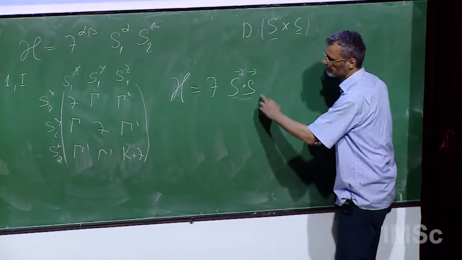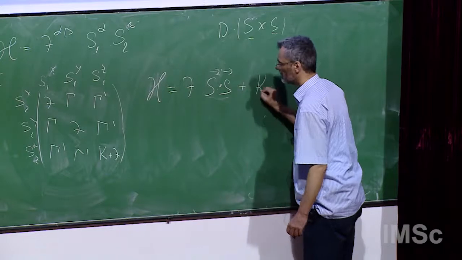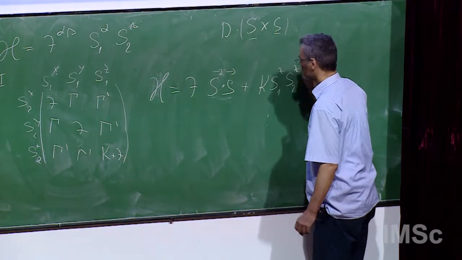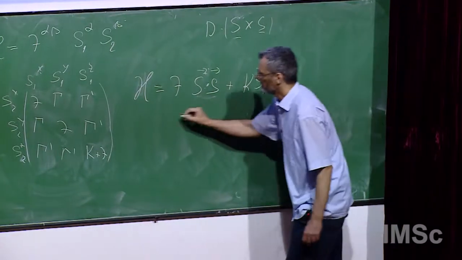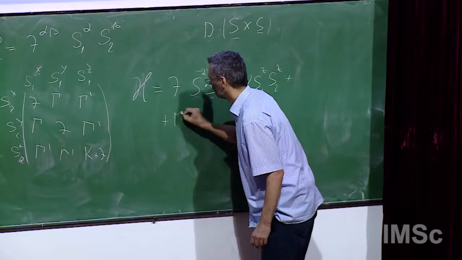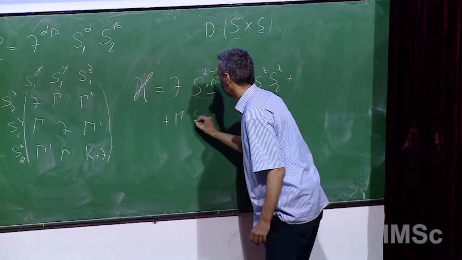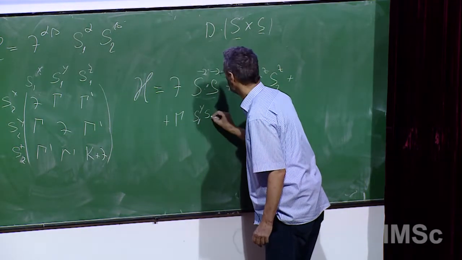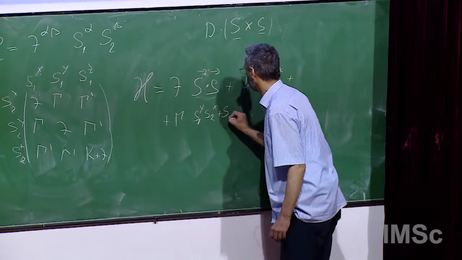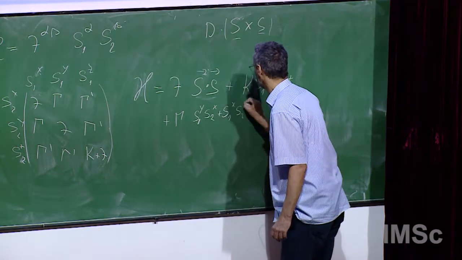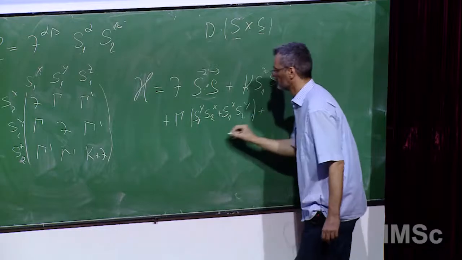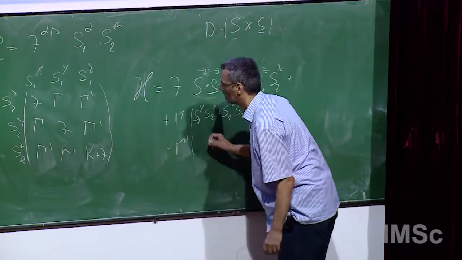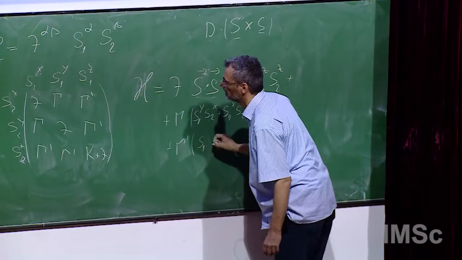Plus there will be another term, which is gamma times S1y S2x plus S1x S2y, plus gamma prime, and here I need to put S1z